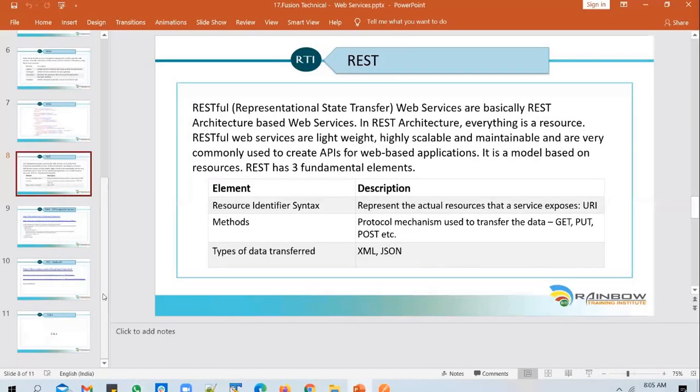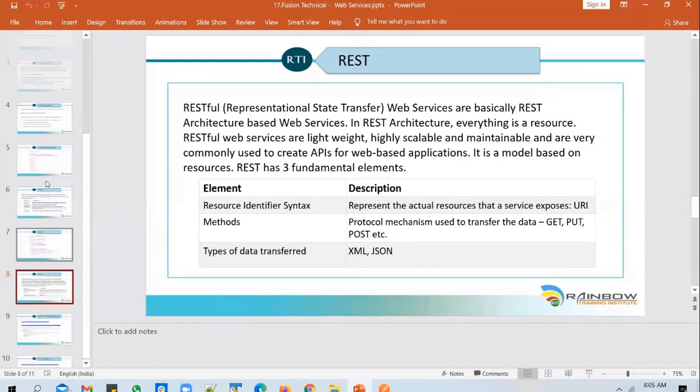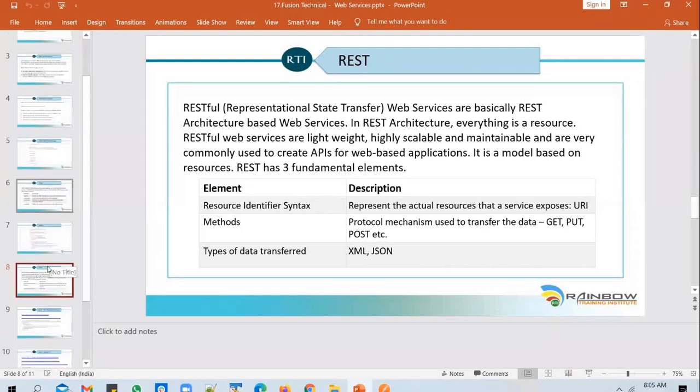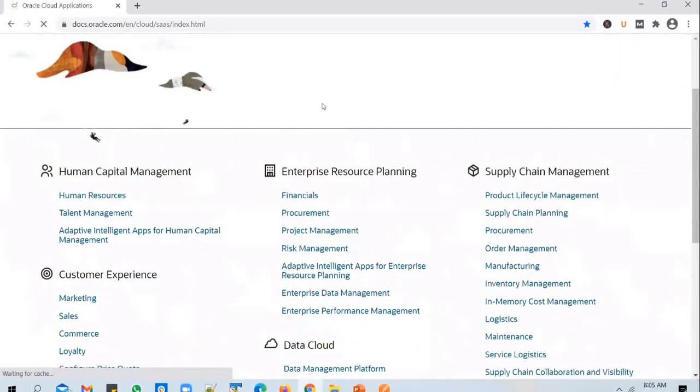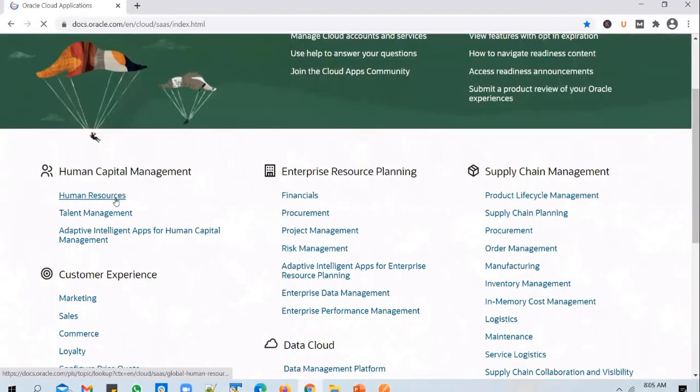To do this, we will go into the documentation link, similar to where we picked up a SOAP service from. If you go to the Oracle Cloud documentation link, for the SOAP service we went into the Oracle Cloud documentation link. Go to the module of your choice. If you are interested in HCM, you can go to Human Resources.